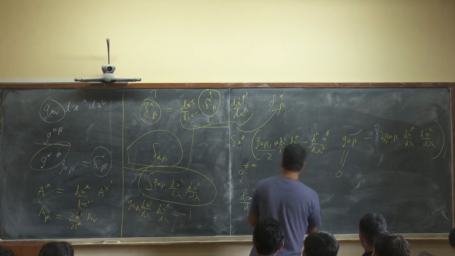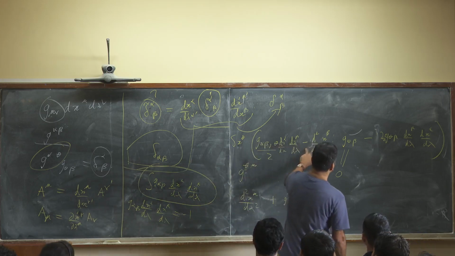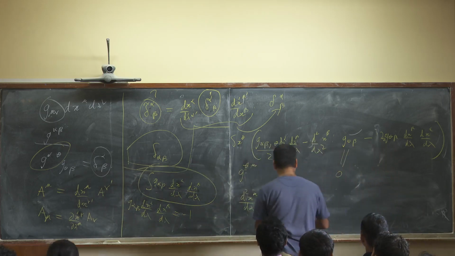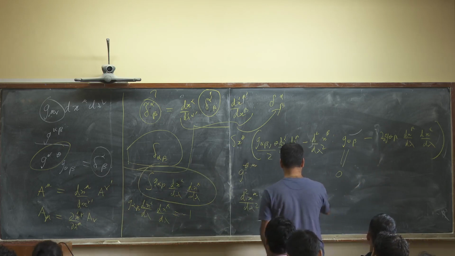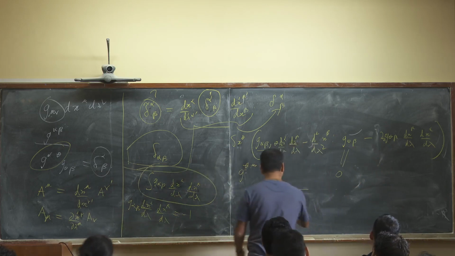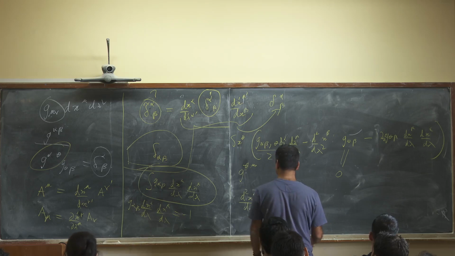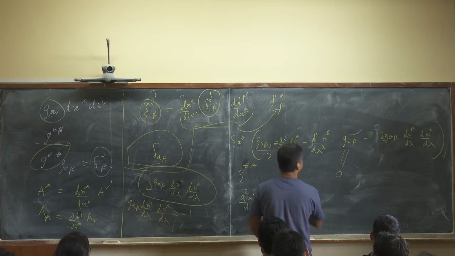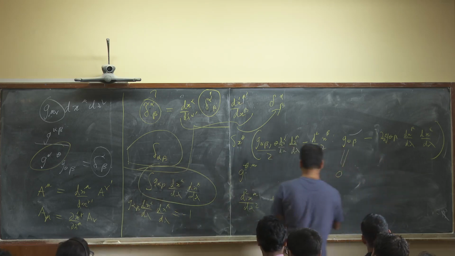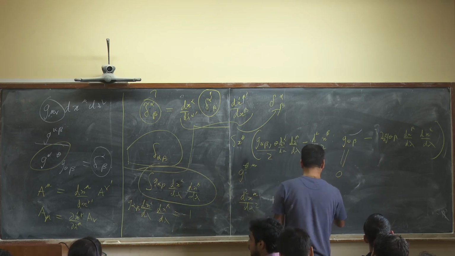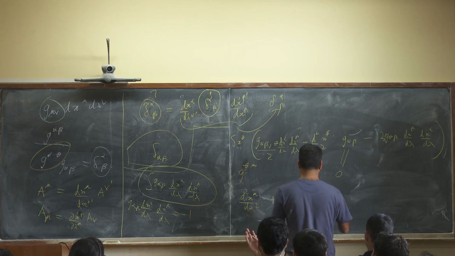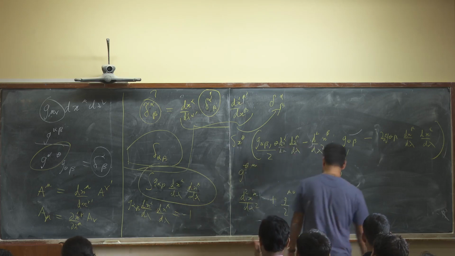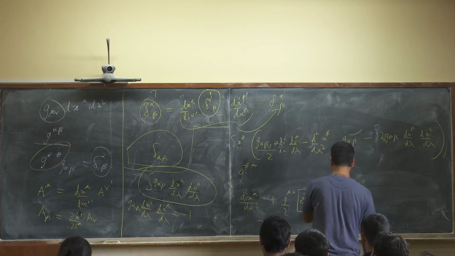Okay, g mu theta, I'll put this with the same sign. And let me put a half here. Okay, so I'll get a 2 d zeta g theta beta,